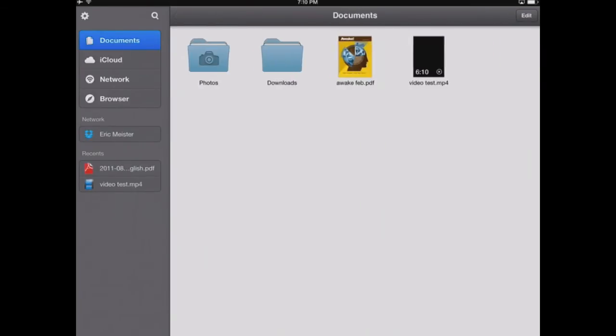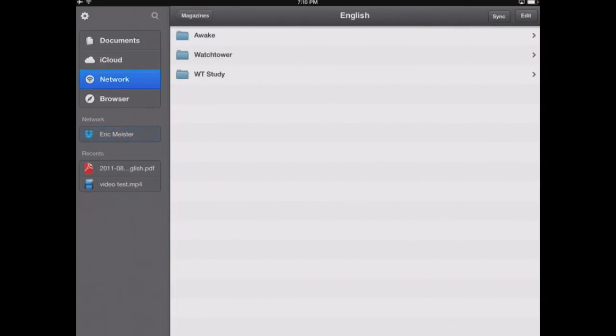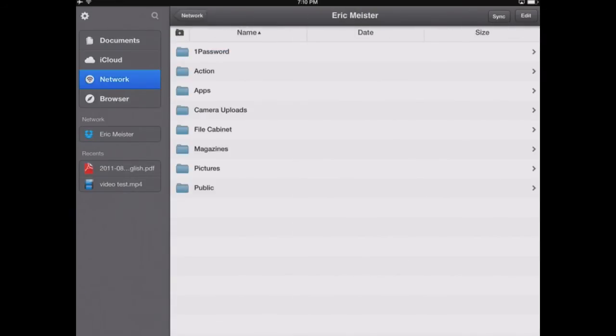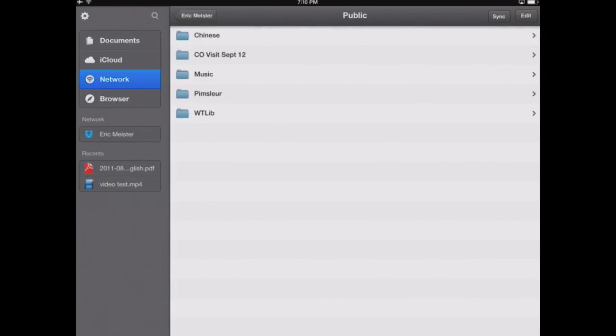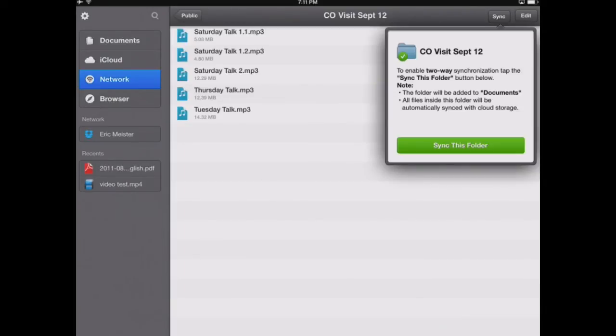So that's great. Now, if we want to actually sync a folder so that all the time it's in sync with whatever is on Dropbox, we can do that by going into our network drive again. That's done just by clicking this link on the left. And let's go into, this time, our public folder here. We'll go into our CO visit from September. And now once we're in that folder, we can click on the upper right. There's a sync button. We'll hit sync and it'll ask us, do you want to sync this folder two-way to